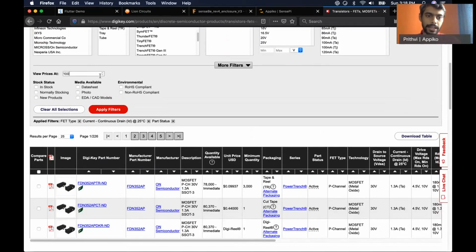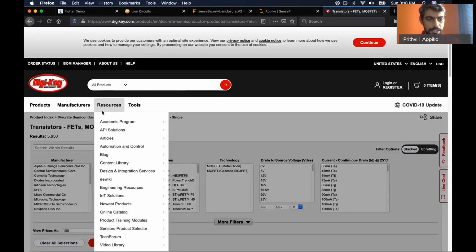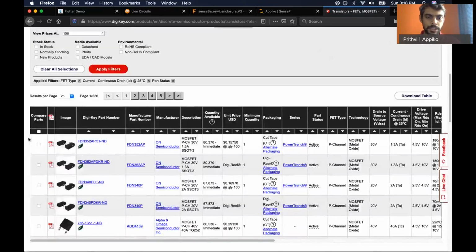We use 100 quantity because this is a good number at which you can buy these PMOS MOSFETs, and there'll be good price breaks at 100 quantity. But if you're looking for even higher quantity for manufacturing, you can make it 1000 or even higher. So we sort the components according to the unit price at 100 quantity.